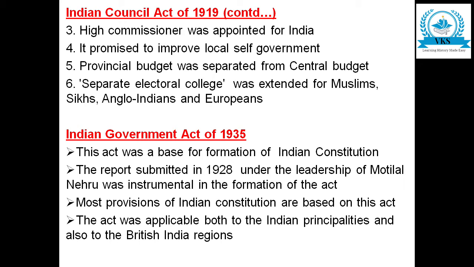He said about providing more representation to Indians in administration. And Lord Chelmsford, who was a viceroy during that time, declared many reformative measures to the British Parliament. The Indian Council Act of 1919 was formulated by accepting this, and this was also called as Montague-Chelmsford Reformative Act. According to this act, a bicameral legislative body was formulated, that is a legislative body with two chambers, upper house and lower house. Diarchy was allowed at regional government level.